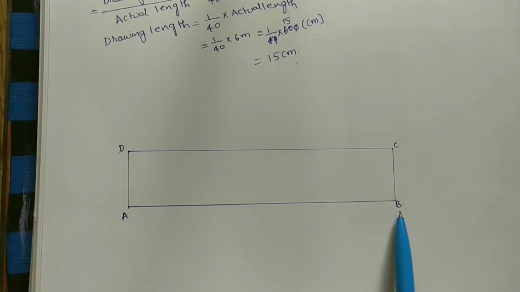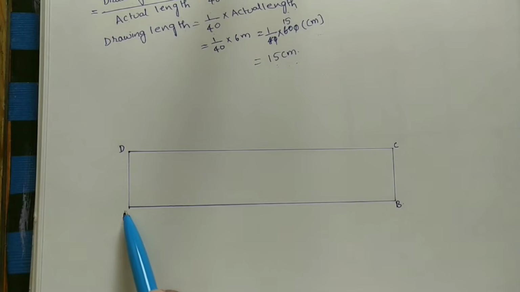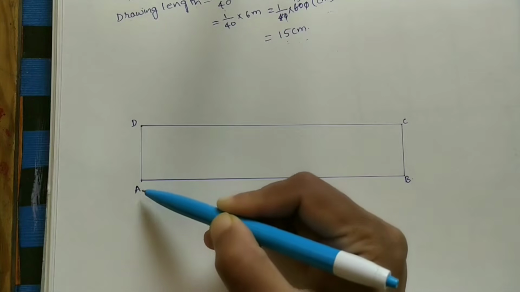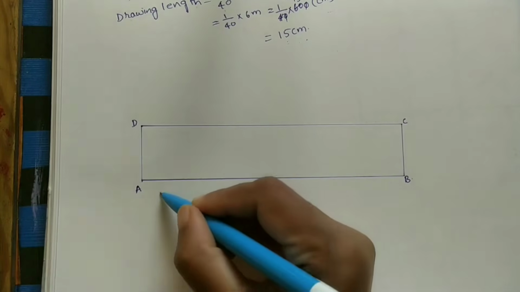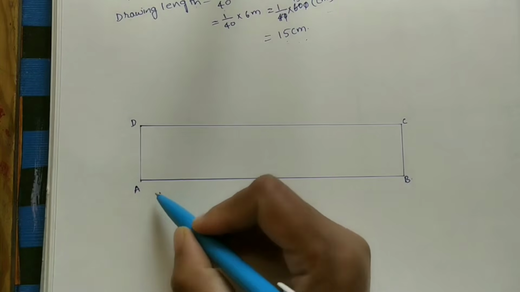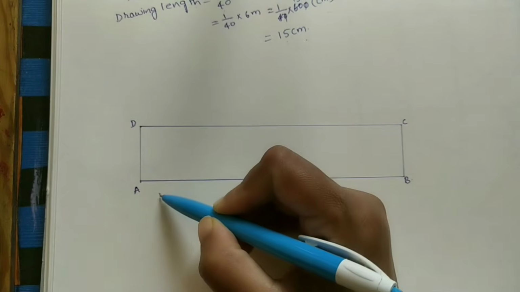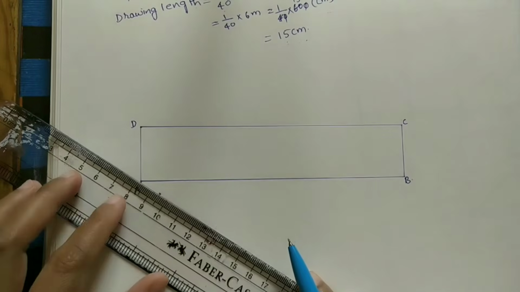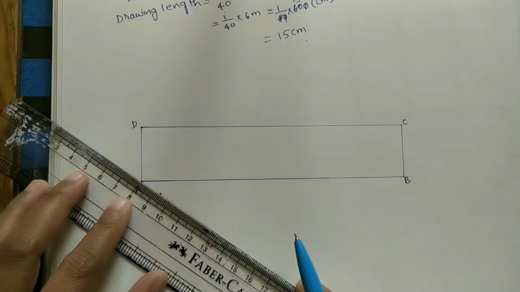If you want to divide a line of any length into equal parts, we have one procedure. We have to draw an angled line initially. We can take any angle, but the angle should be less than 90. Take a small angle here. We need not measure the angle, just take one point and join this point to A with the help of a scale, and we will get one inclined line.